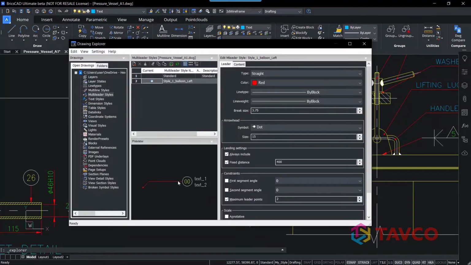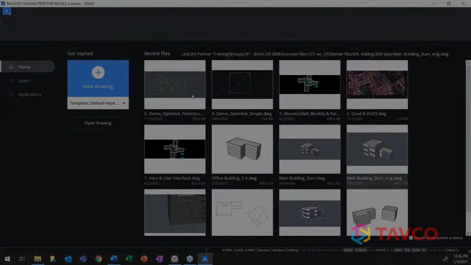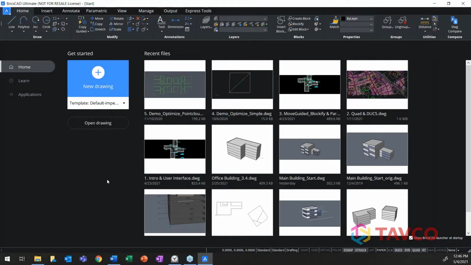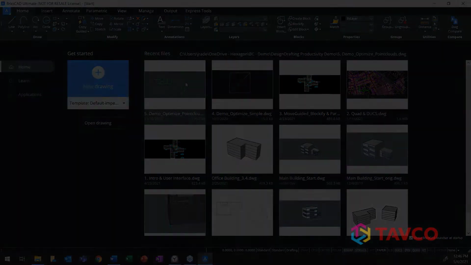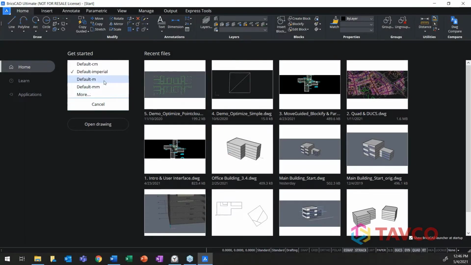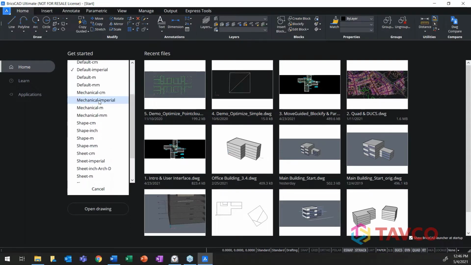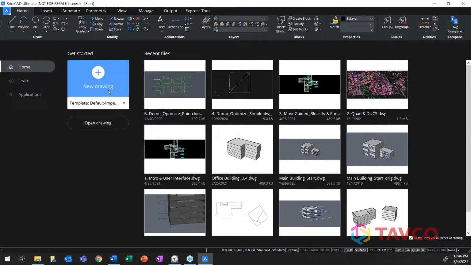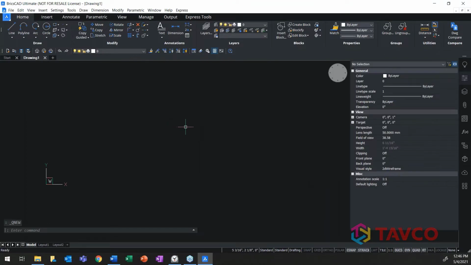So let's start by opening the drafting workspace. You can see that you're presented with some tiles of recently opened files. You can create a new file utilizing one of the provided templates, or you can use one of your own custom templates. If you are an AutoCAD user, one of the first things that you'll notice is that the BricsCAD